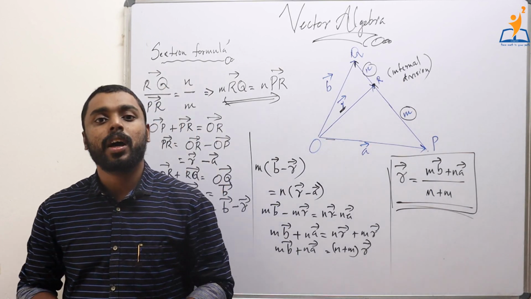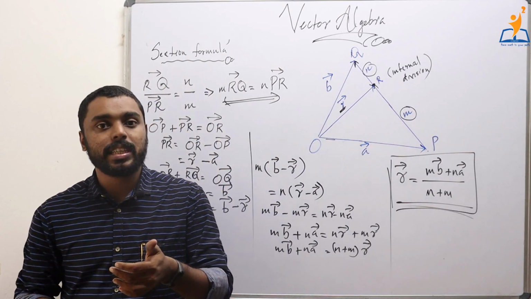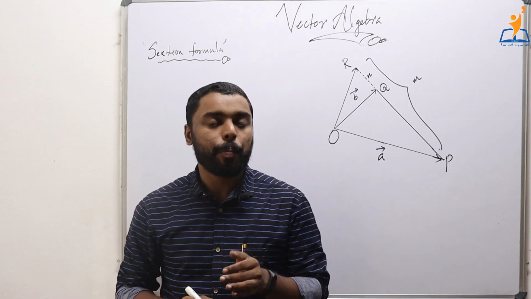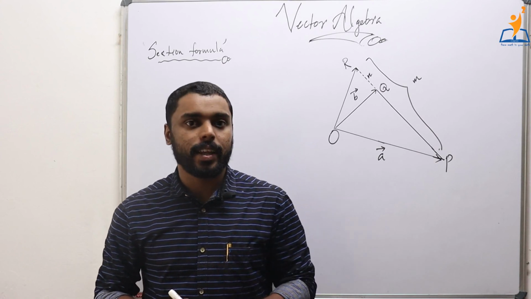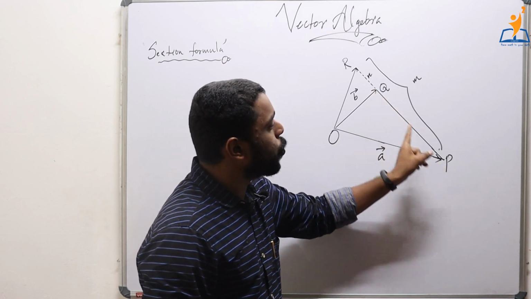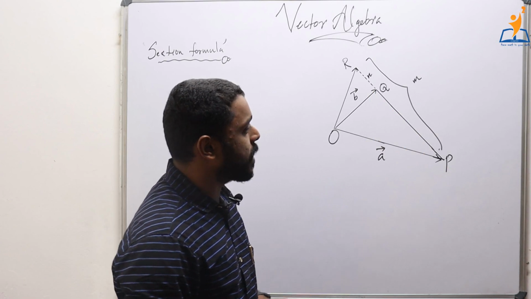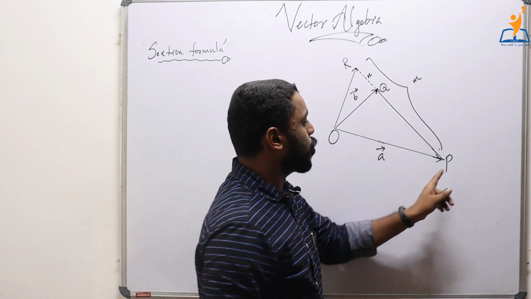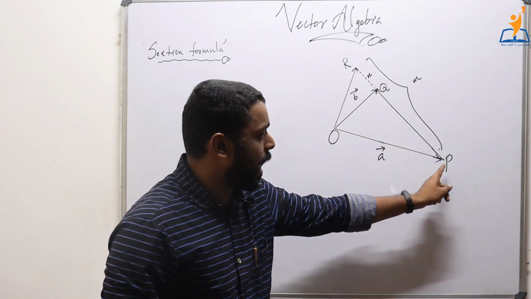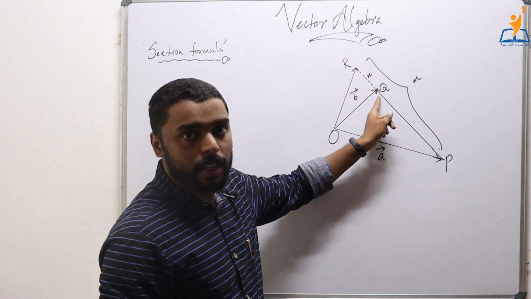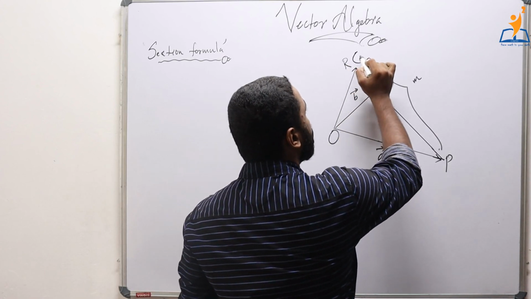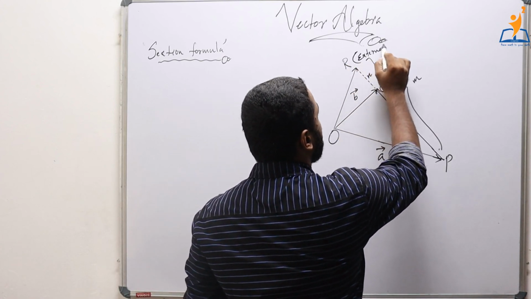Now, we can move to the external division, that is, what happens when a point divides a line segment externally. So, now we shall check what happens if a point divides the line externally in the ratio M is to N. Suppose that we are provided with 2 points Q and P, and the line segment joining the points is PQ, and the vector from P to Q is named PQ vector. Suppose the point R is a point on the line but outside this segment. So, this is where R is located. Hence, in this case, the point R divides the line externally.